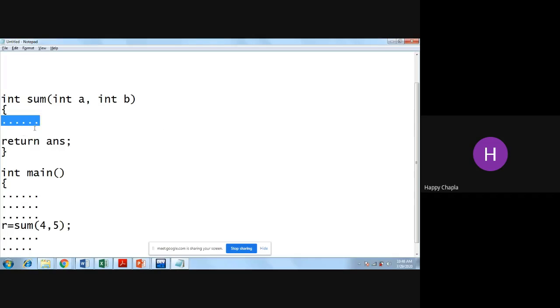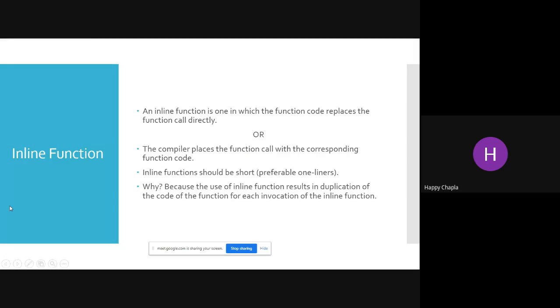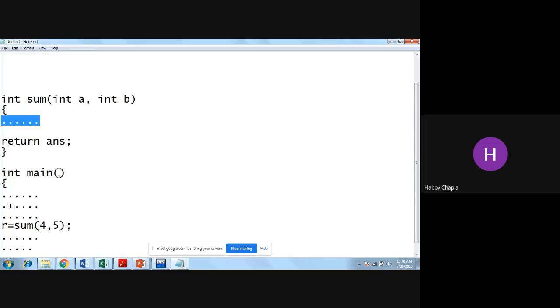If my function will contain 1 to 2 lines, at that time I can use this inline function to reduce the cost of call, or you can say to reduce the function overhead. Okay, to reduce the time which will be taken while I am jumping, while I'm saving, and while I'm returning from that function, right? So to save that much time, while I have 1 to 2 lines in my function, at that time I can use that inline function.